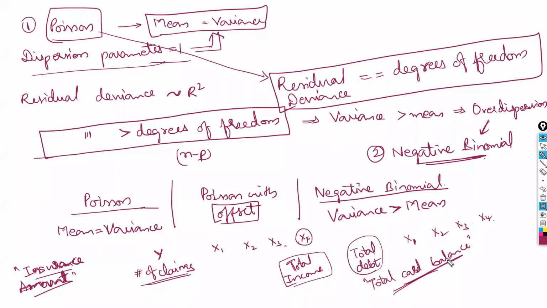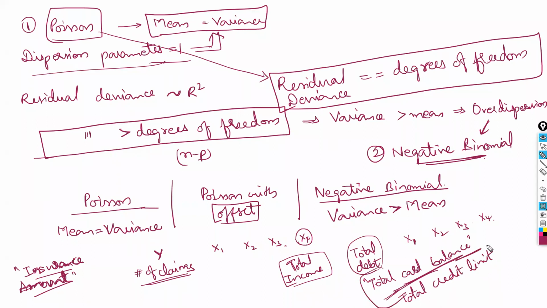Someone might have 10,000, someone might have 20,000, someone might have 30,000, but that won't give the complete picture unless the card balance is 30,000 out of 40,000. Is it that way? Or the total card balance is 80,000 based on 200,000 that you have, right? So the credit limit,